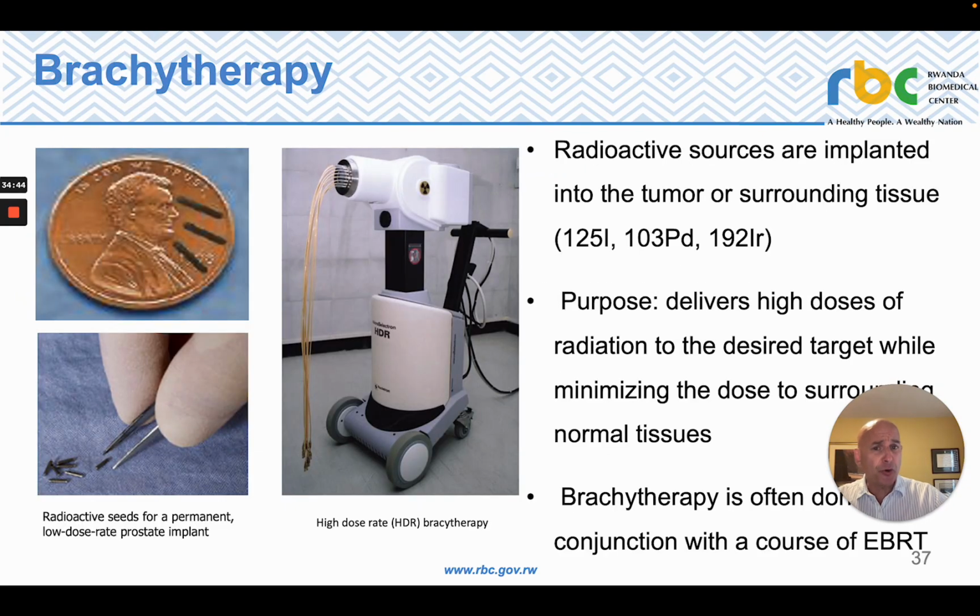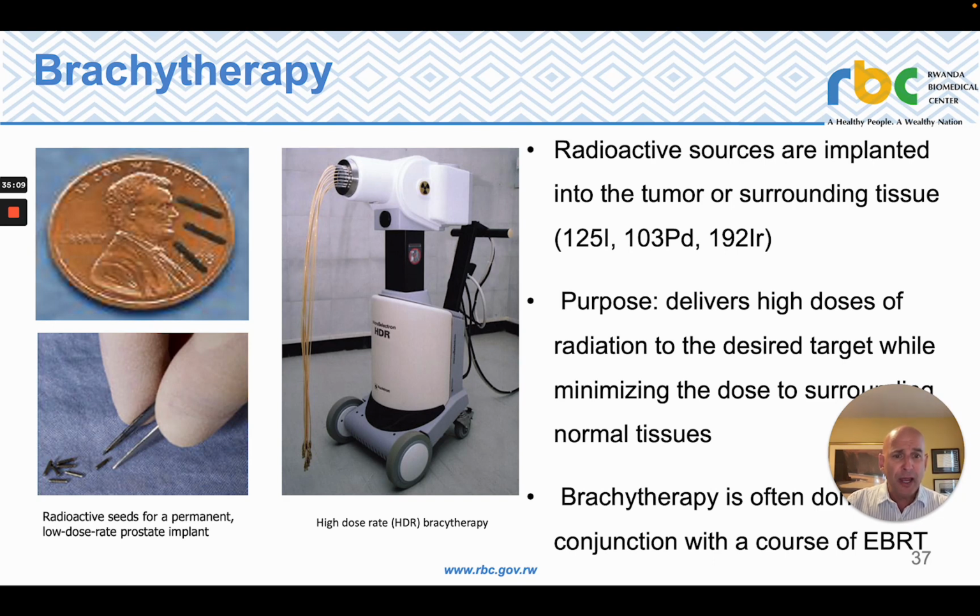So that was external beam radiotherapy. The internal radiotherapy that I mentioned at the beginning of the talk is called brachytherapy. With brachytherapy, radioactive sources are implanted directly into the tumor or surrounding tissue. Multiple different isotopes are used. The purpose, again, is to deliver high doses of radiation to the desired target while minimizing the dose to the